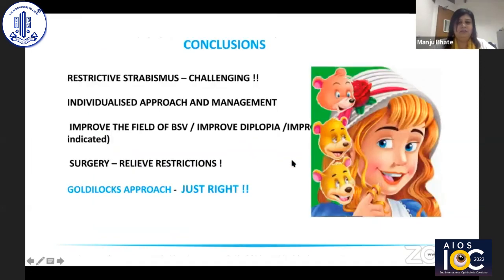So just to come to some concluding remarks, restrictive strabismus is challenging. It needs to be individualized to the patient and managed accordingly. The aim being to improve the field of binocular single vision, to improve diplopia, and to improve cosmesis when indicated. In surgery, it's important to try and relieve the restrictions as much as possible. And it helps to have a little goal